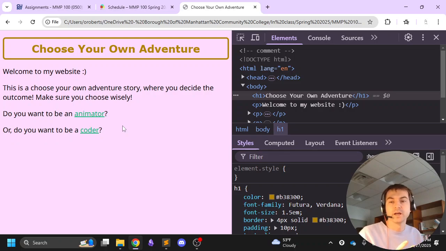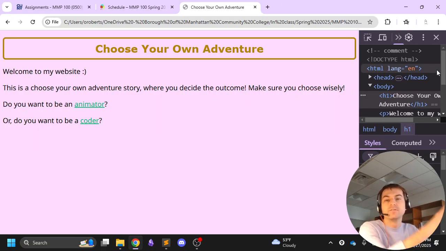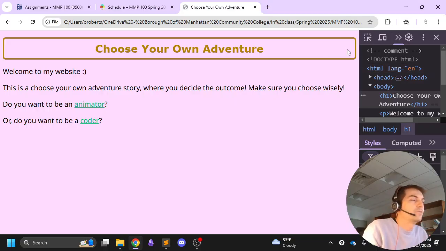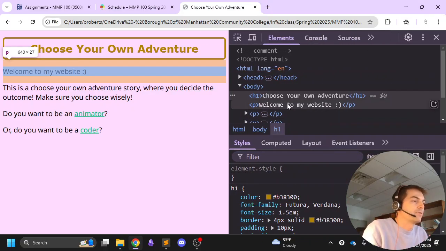So again, that's one way of doing layout, working with one individual element. But another way of doing layout is to contain stuff or work with the page as a whole. One thing that is not great about this page is that the text fills up the whole page, so it's not very readable. Usually when we read some text, we want it to be in a smaller column so we don't have to read as far across. And so to do that, we can restrict the width of our